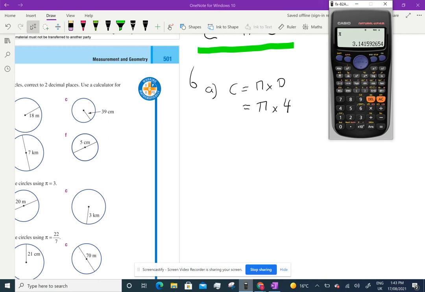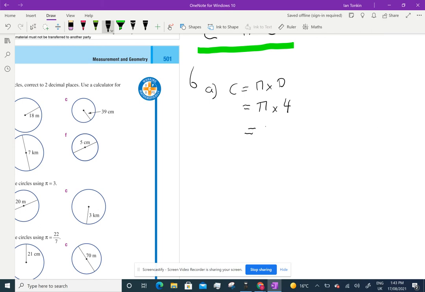Once you type it into your calculator, clear it, go shift, pi, times, and you put in the number 4, and you get your answer. Now they want the answer to 2 decimal places, so I always write more, so it was